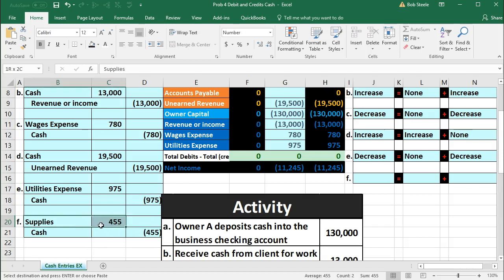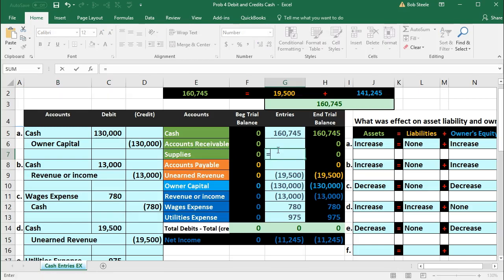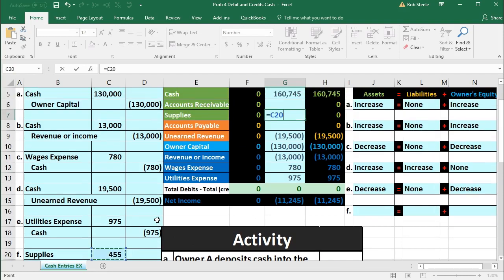I'm going to post the supplies first. So we are in the supplies account. Going to have to scroll up and down a bit. We are in G7, so I'm going to say equals. I'm going to scroll down a bit and point to this supplies here. If you're having problems scrolling, then you can just type in equals cell D or equals C20, and their supply